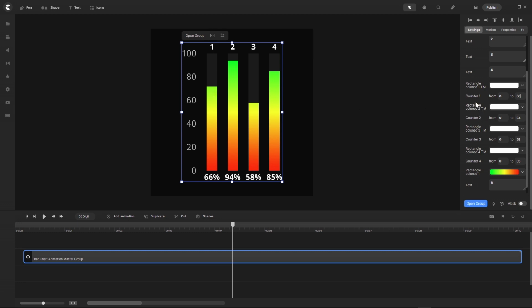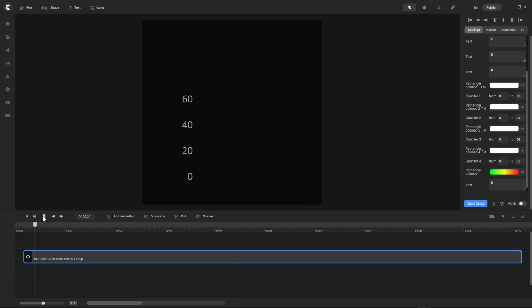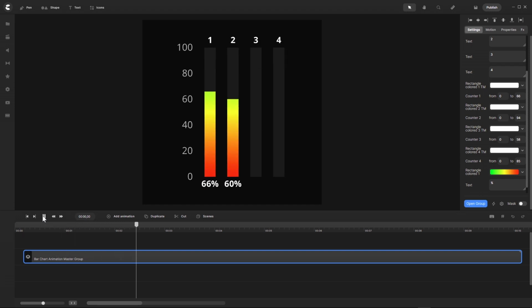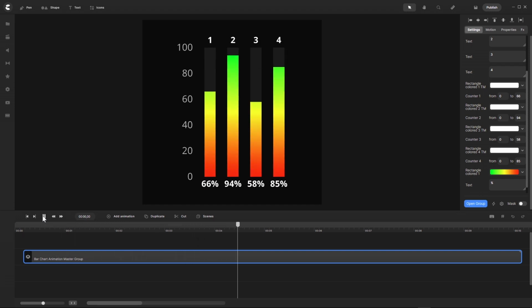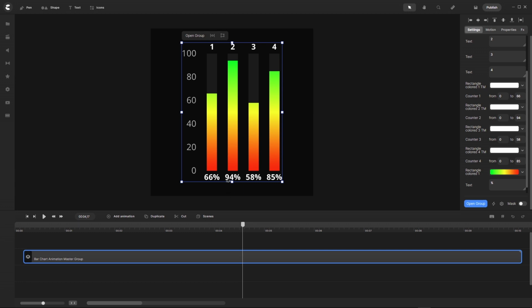It's easy then to go to the rectangle color track mat, open this and go with 66. So now I have 66, 94, and so you could change every percentage and also the bar in seconds